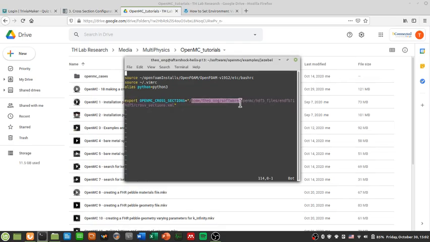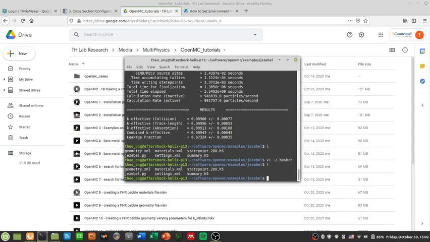Then you have your path to the cross section directory, and that's it. Export OpenMC cross sections equals to dot. Okay, close, and then